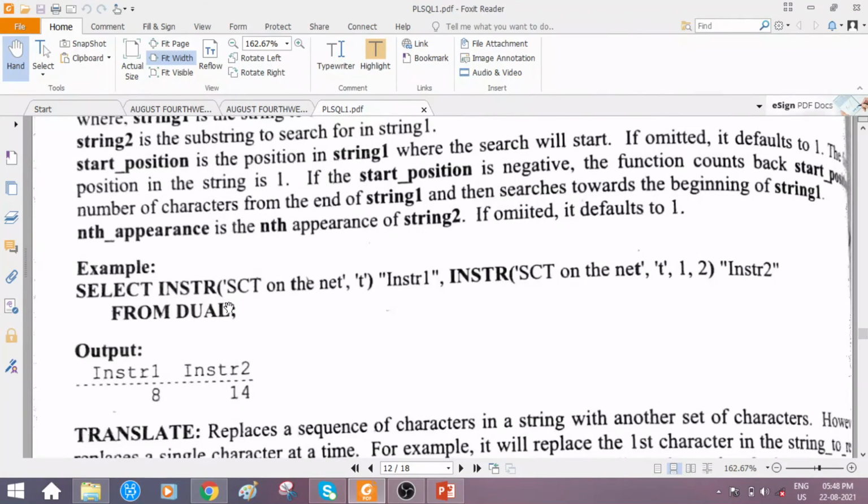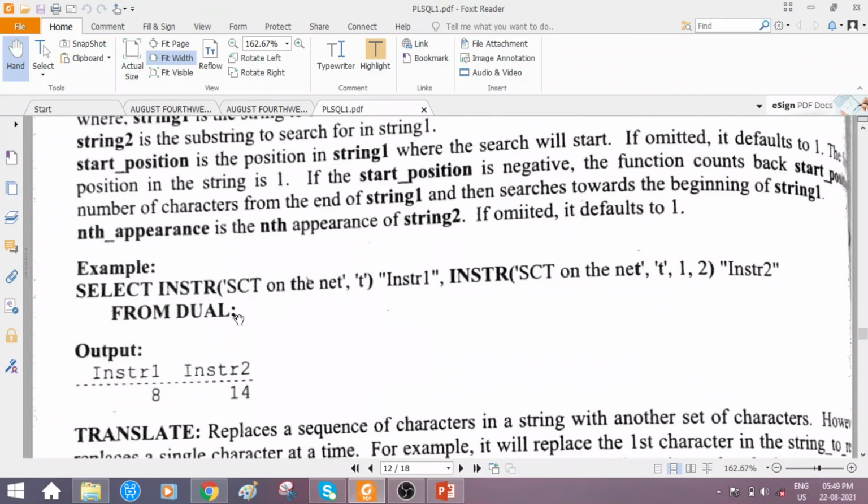Here, sct on the net is the original string, and the substring is lowercase t. As no start position is mentioned in this function, what happens? By default, it is going to search from the first position.